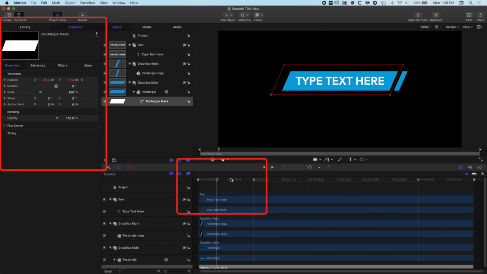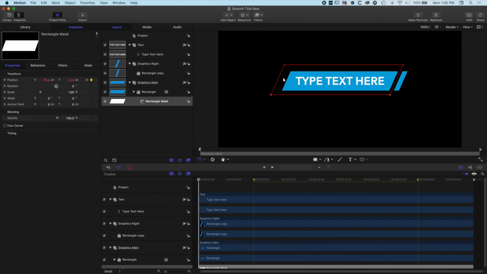And then I'm going to come ahead in time, add a keyframe for my position at the end of the animation, and I can modify the timing of these keyframes. 1 second, which is what this is at the moment, might be a little bit long. And I'm going to come back to that first keyframe. So if I use the left hand previous keyframe button here, I'm coming back to that very first keyframe,